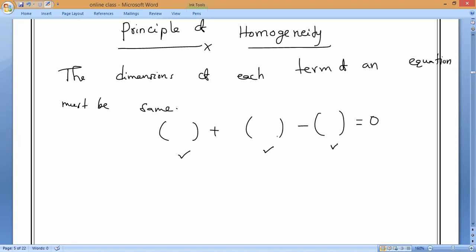Maybe they are different terms, but the dimensions of each term, the dimensions of this term, this term and this term, all three, must be the same. That is what is called the principle of homogeneity. That is what you have to remember. Next you can remember, suppose I say